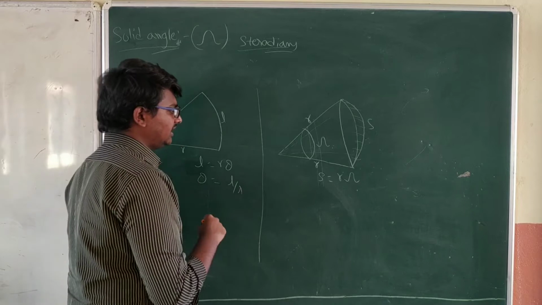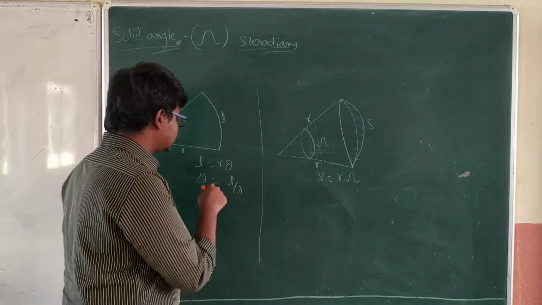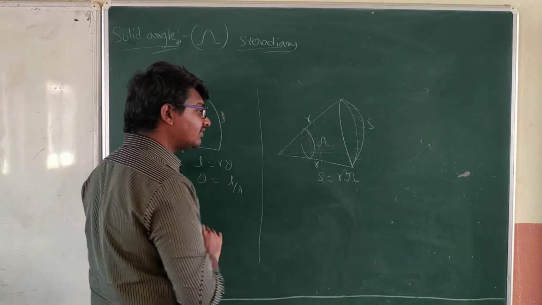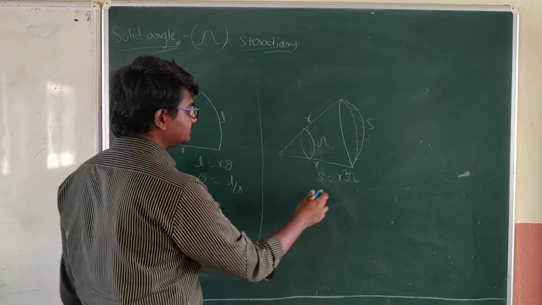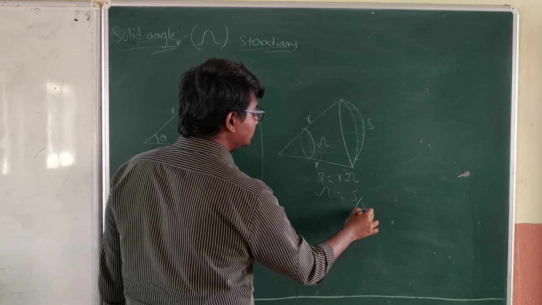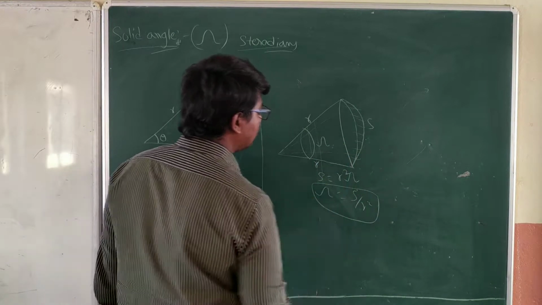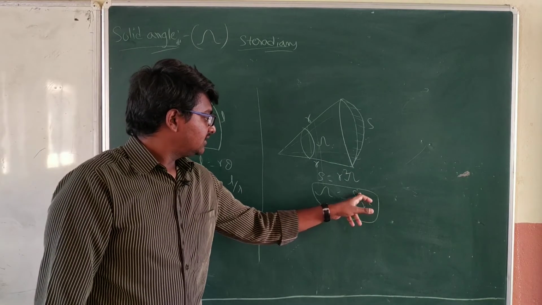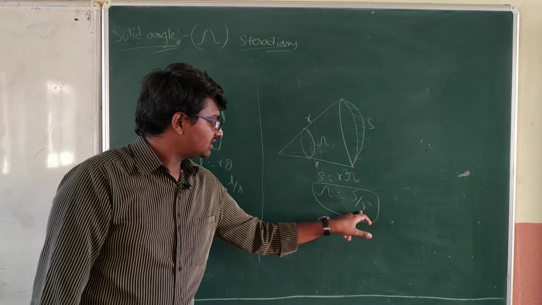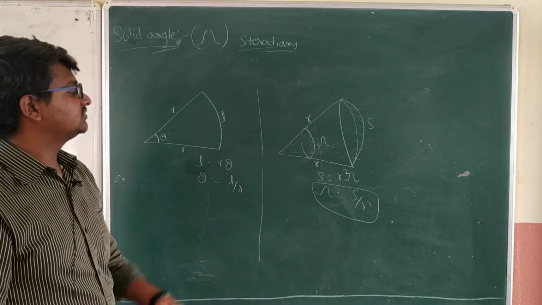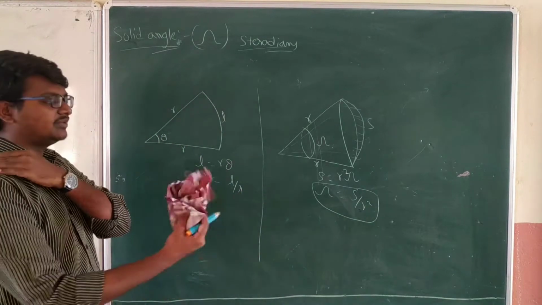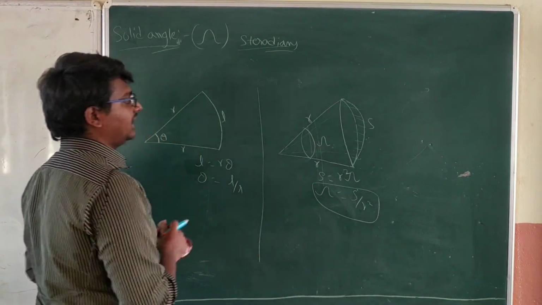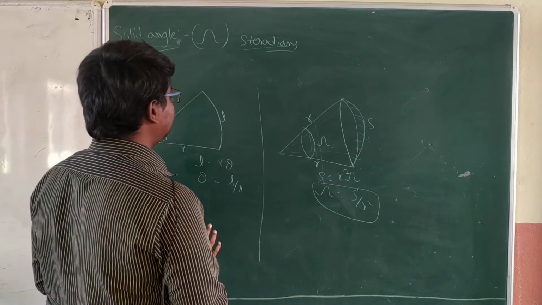Radius. Okay, directly we cannot take here radius. This is one dimension, that way only R we have taken, but here R square we need to consider. Omega is equals to S by R square. If you take, this is a two dimension one, and this length also has to be taken in 2 dimension, like that, just for remembering purpose I am saying. And this is simply called a solid angle. This is nothing but called a solid angle.